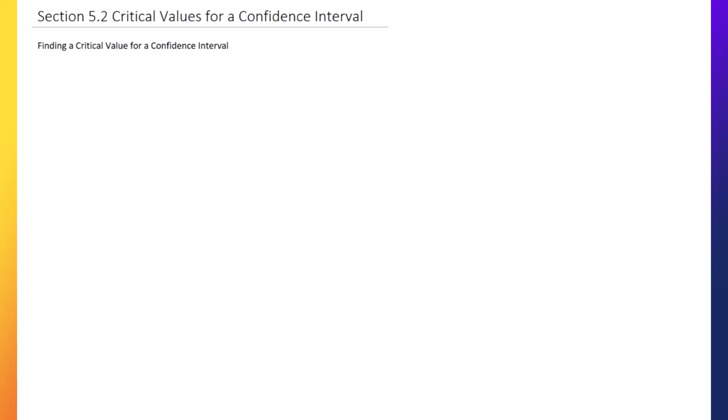In section 5.2, we're going to start trying to figure out some error range. And so to do that, the first thing we're going to have to do is figure out a critical value. But I want to talk a little bit about the error range. We're estimating an interval that's going to capture from our point estimate the true proportion of the population in this case. And so we know that we have normal data,